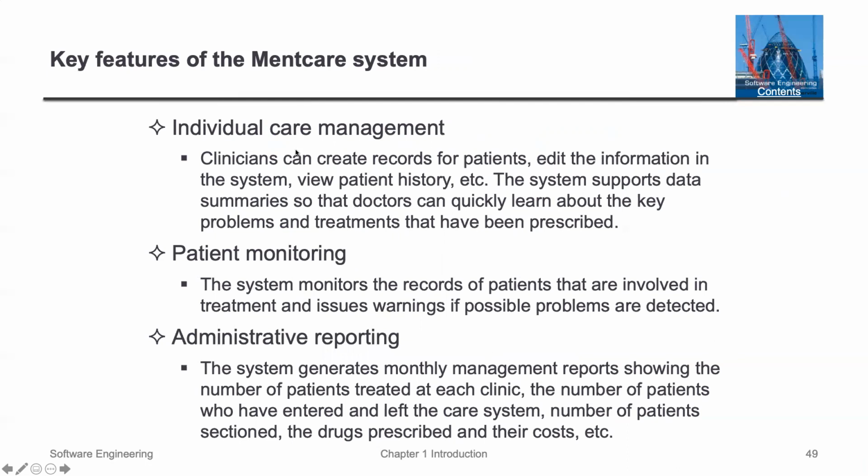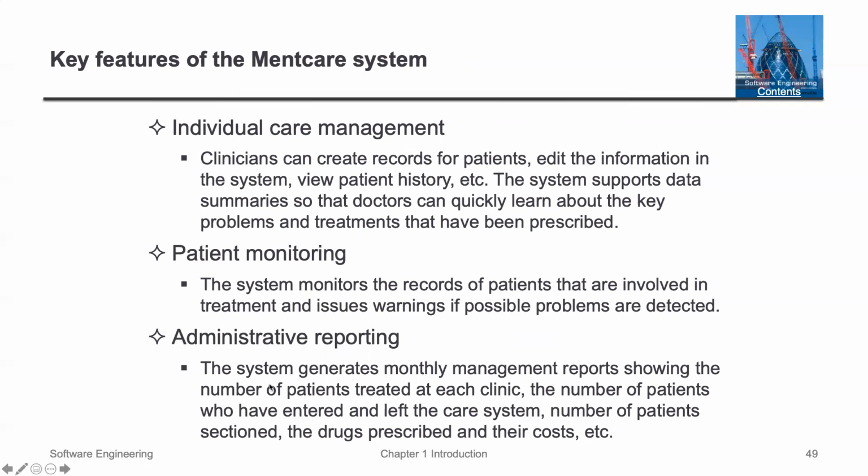For the first thing, individual care management, the clinicians can create records for patients, edit the information in the system, view patient history, etc. The system supports data summaries, so the doctor can quickly learn about the key problems and treatments. There's patient monitoring. The system monitors a record of patients that are involved in treatment and issues warnings if possible problems are detected, so it can see historical trends to see if something is anomalous